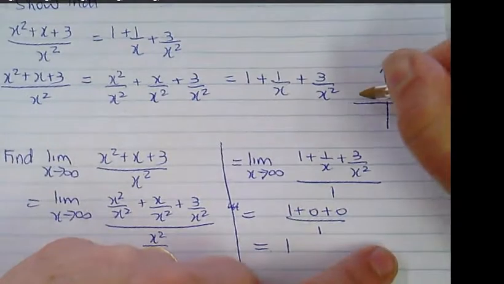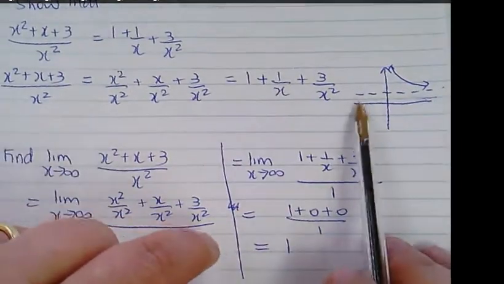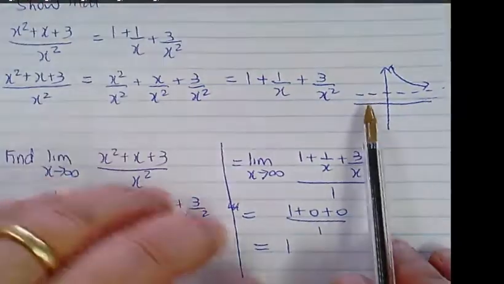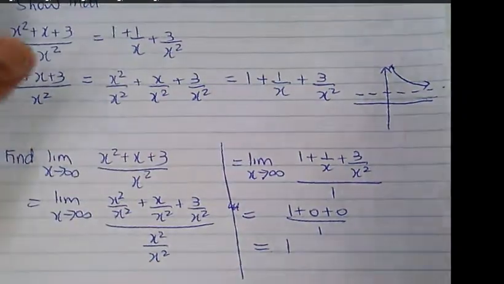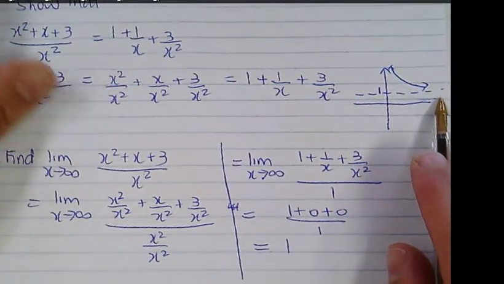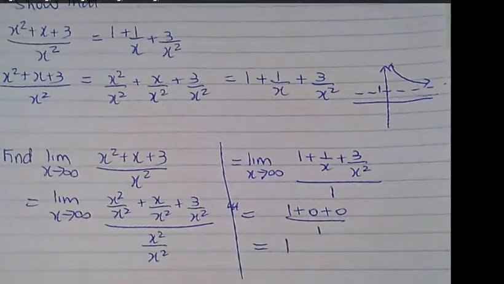But then the whole thing is shifted up 1 unit, okay? So it would sort of look like this in this quadrant anyway. The other quadrant down here might be a bit different, okay? So I'm just drawing that section of it. But we can see that the whole graph has been shifted up 1 unit, that there is an asymptote at y equals 1, which is why